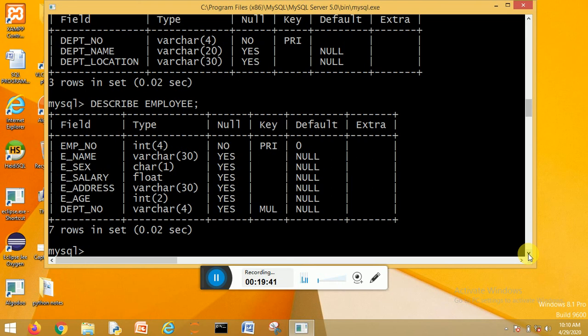In this lecture I have created two tables. One table is employee, the other table is department. But in these two tables, the data is null. There is no record. Both tables are just empty. And in the next lecture, we will discuss how to add a record in the table and how to fetch the data from both tables. How we use the concept of the foreign key, we will discuss in the next lecture.